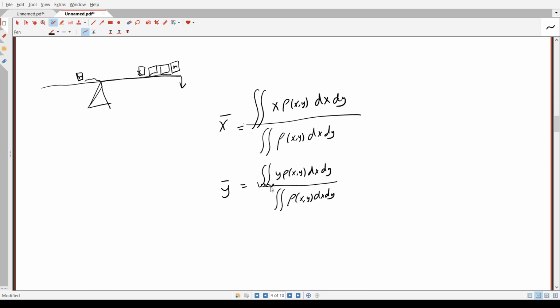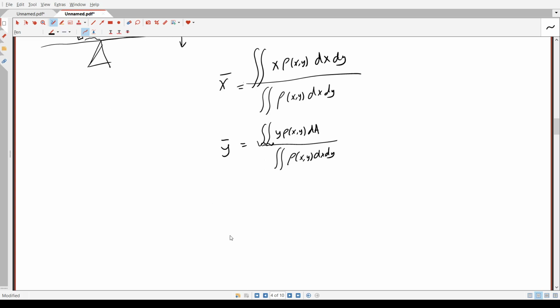So that's why typically they won't write dx dy, they'll just write dA because it doesn't matter, right? It's just integrate however is most convenient. Okay,